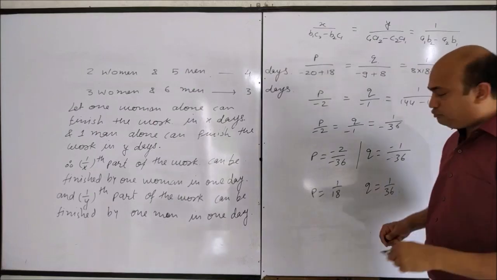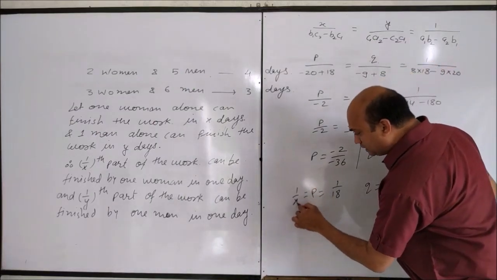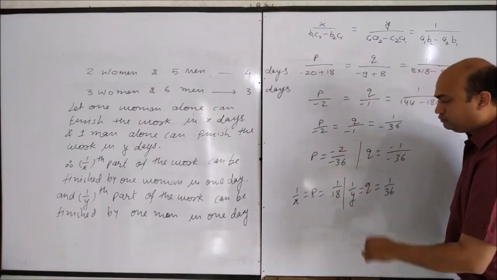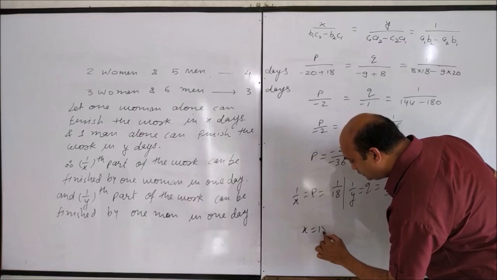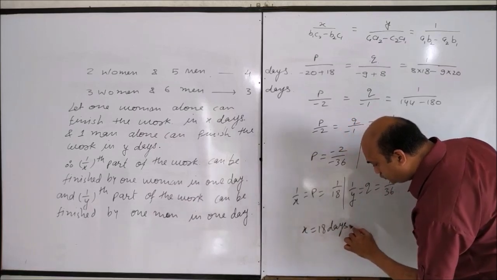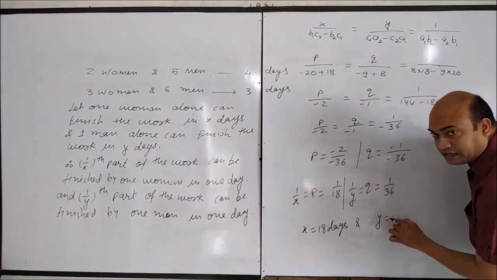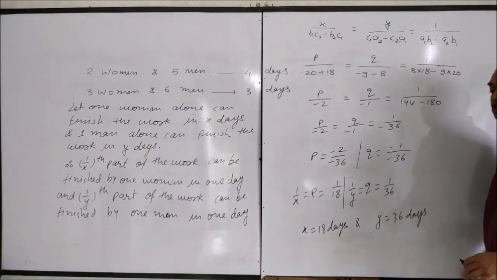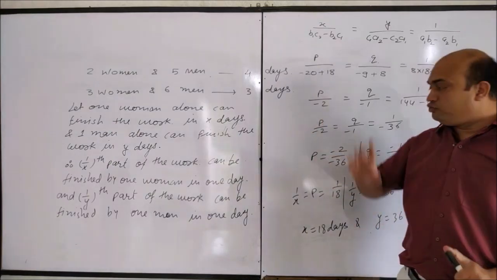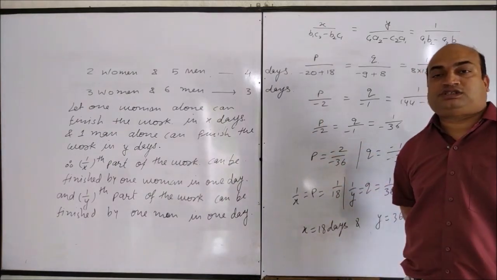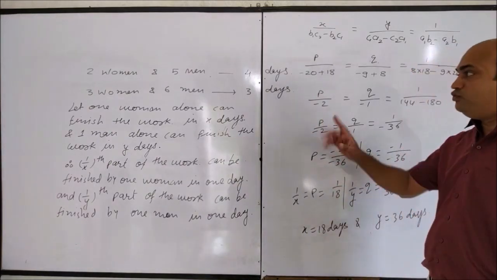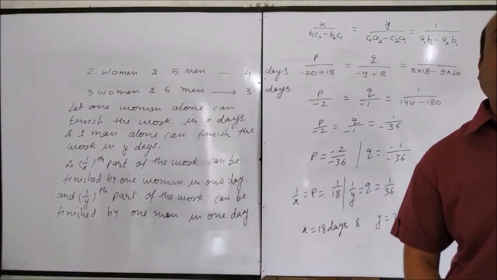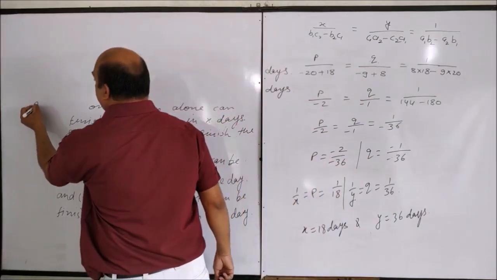What is P? P was 1 upon X. And what is Q? Q was 1 upon Y. So X we will get 18 days and Y we will get 36 days. Therefore, one woman alone can finish the work in 18 days and one man alone can finish the same work in 36 days. The final answer can be written as,